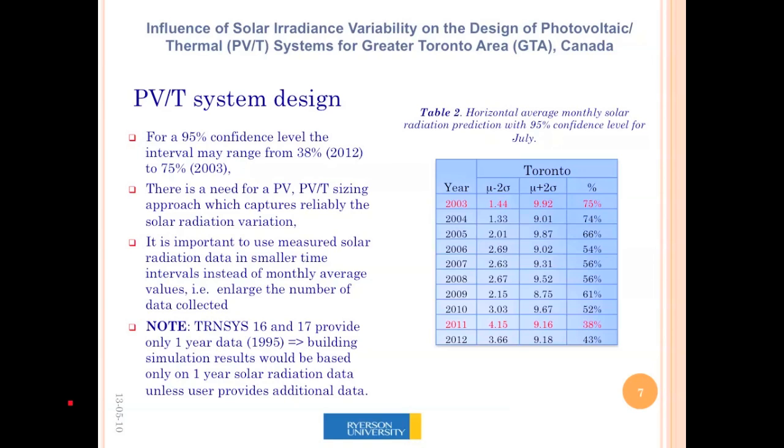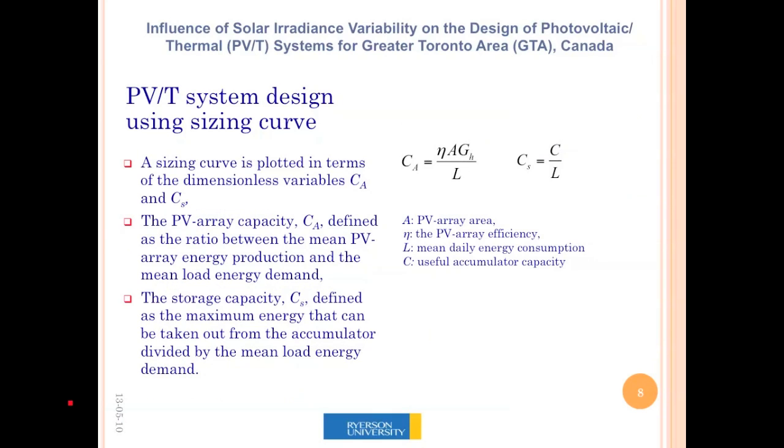So is it really wise to use such average data for a year, or how can we decrease this uncertainty to a lower value? We can do that because this variation is based on the number of data collected, right? So by increasing the number of data collected, either by making the time intervals smaller, or by enlarging over many years, you can collect the data and decrease this uncertainty. So this is the idea of this project, this topic.